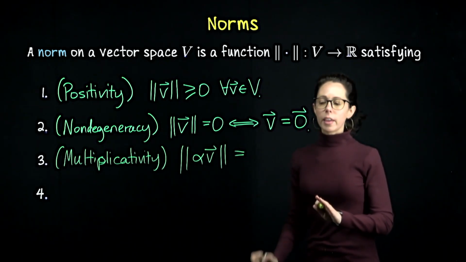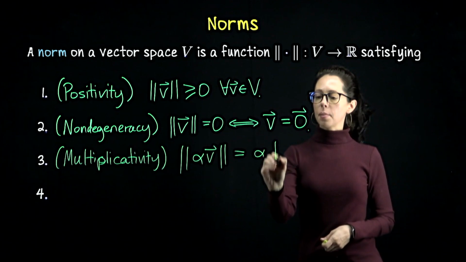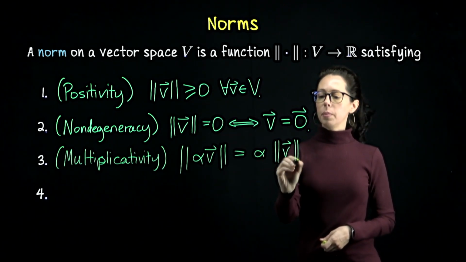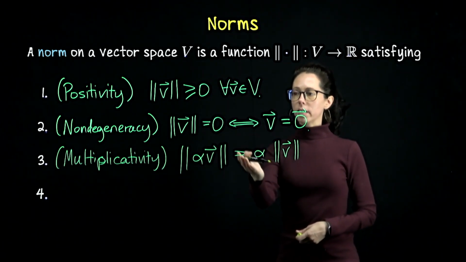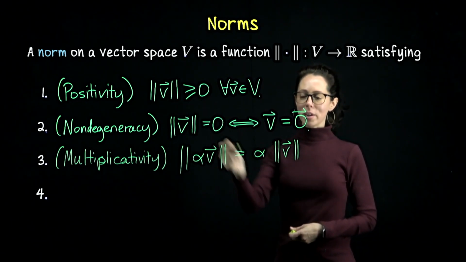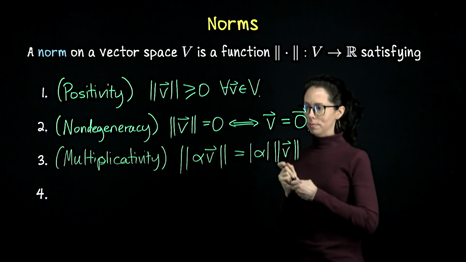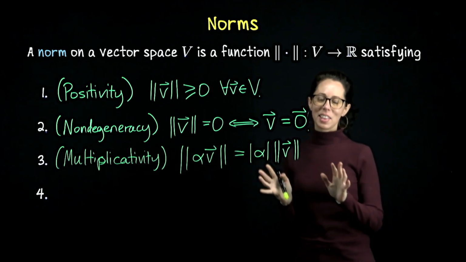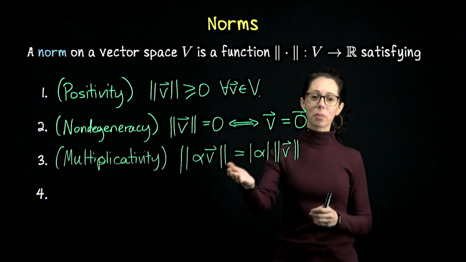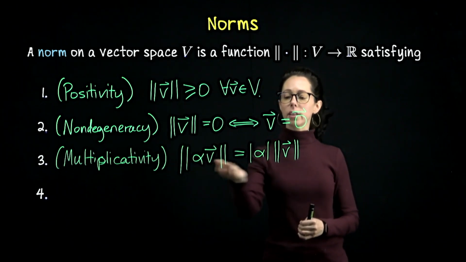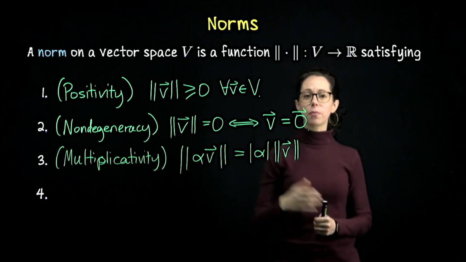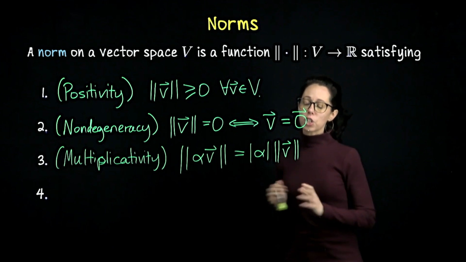Just be careful here that you don't write alpha times the length of V, because alpha could have been a negative scalar, and this would not look right if you compare it to positivity. You need to take the size of alpha. Okay, so that's the only place here where sometimes people get a little careless is when they pull scalars out front. Make sure you realize that you need the absolute value of that scalar,